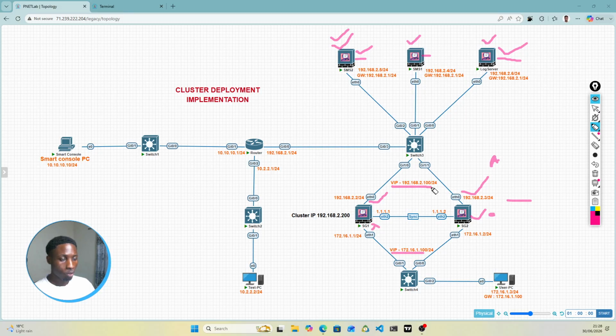We equally have another virtual IP here. The whole tendency is because this is a PC here. It has an IP address, and the gateway will point to the VIP. So this is just going to be like a virtual IP, so that in case